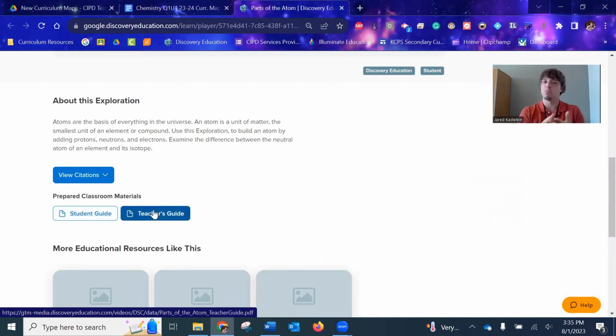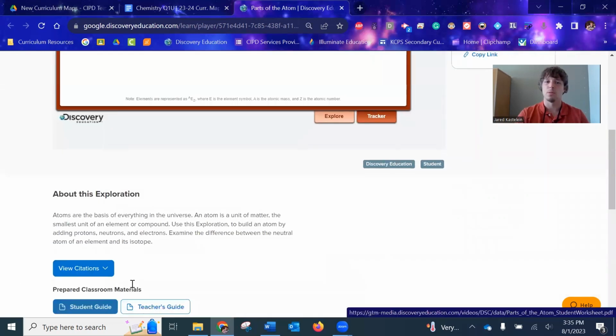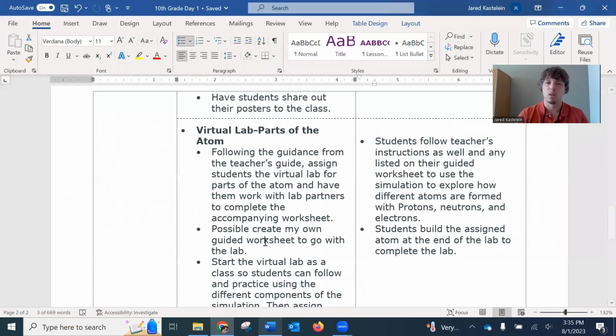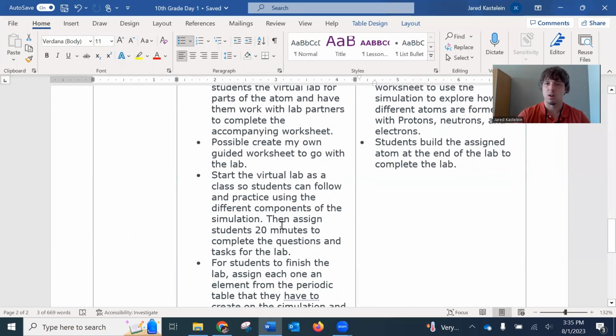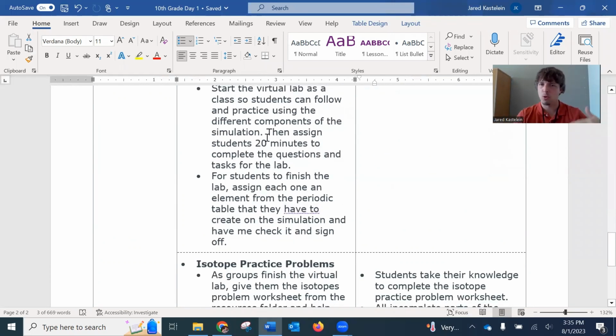How do I present this in a class? So I would put in my lesson plan to go ahead and start that lab together, make sure that all the students were familiar with using that simulation, probably pair students up for this. And then slowly transition to, okay, now students go ahead and finish that worksheet using that simulation. And then to finish it off, so they're kind of going through answering questions, and then they're finished with that